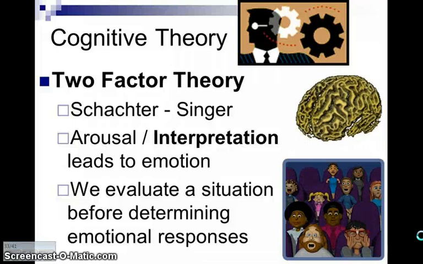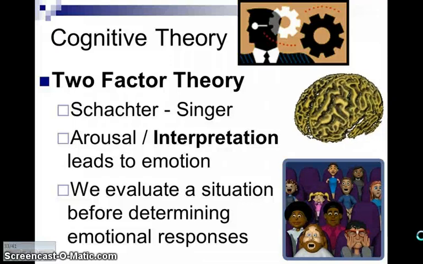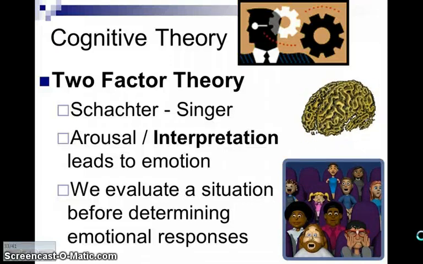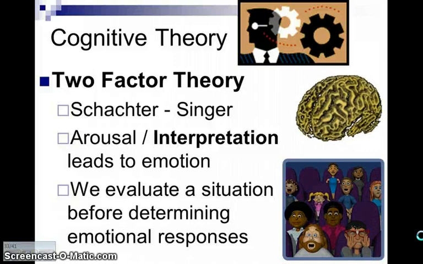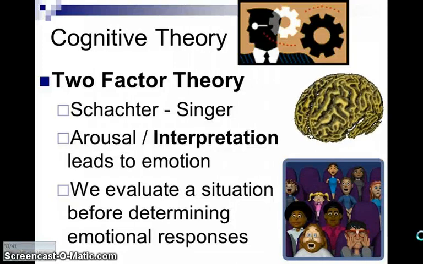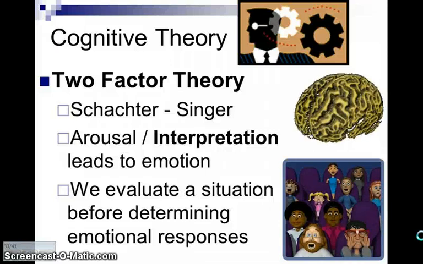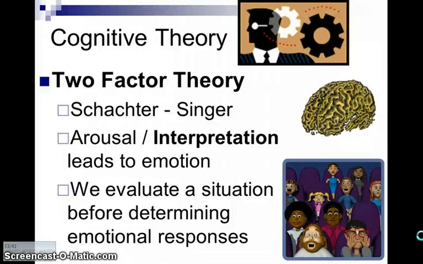In this one, they believe that the physiological arousal obviously occurs, but there's one more step that they put in here, and they believe that our mind, our brain, interprets what's going on as a result of our body. So, for example, our heart may start beating real fast,